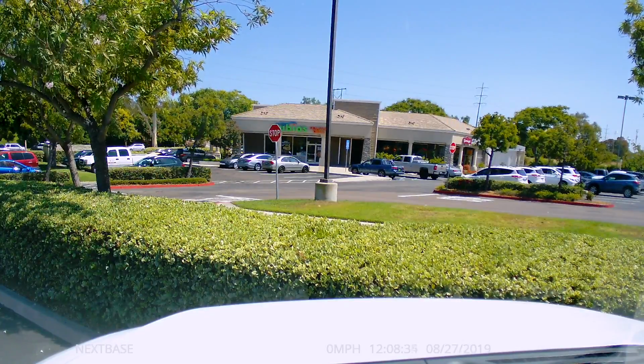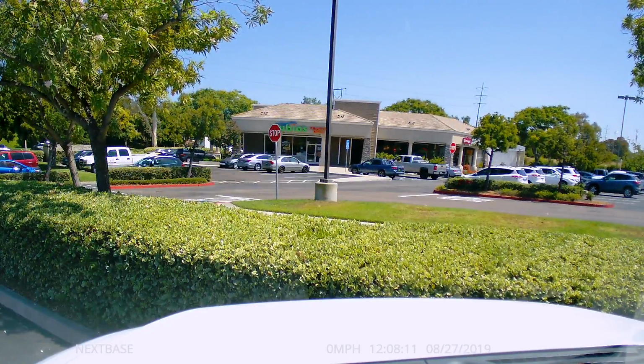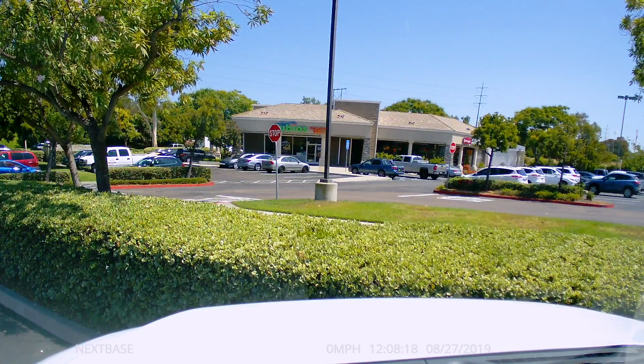If it detects any movement like bumps, knocks, or other movement around your vehicle, it records that movement for 3 minutes so you can review it later. Thieves and hit and runs are going to be recorded. It actually uses the dash cam's internal battery so it doesn't drain your vehicle's battery, and it lasts over a